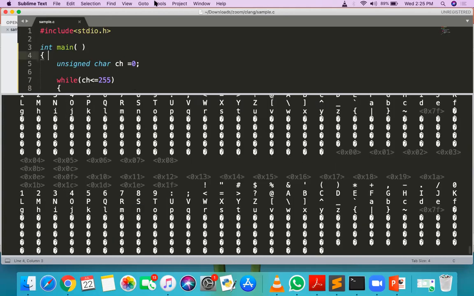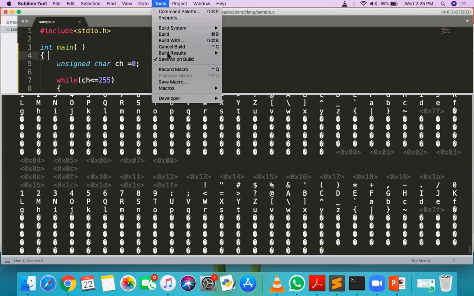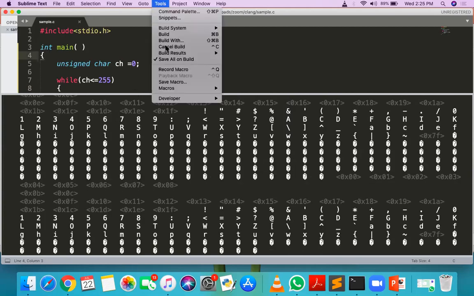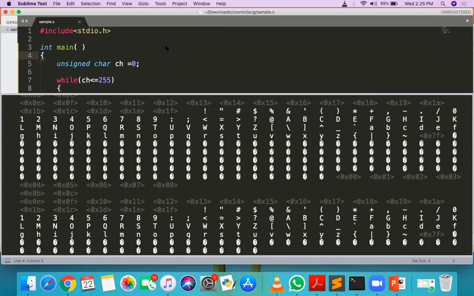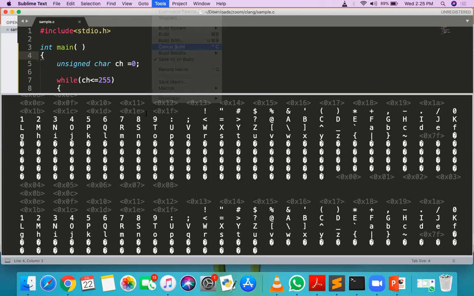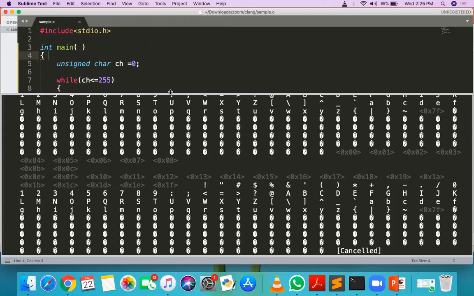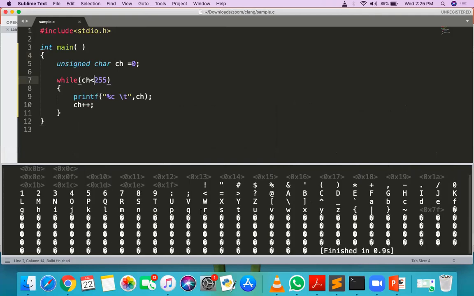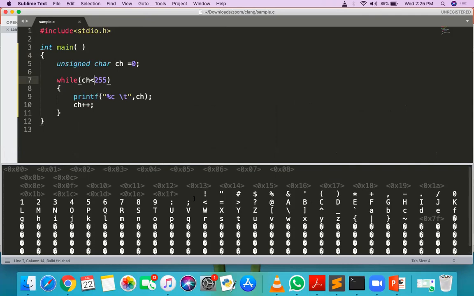Means like instead of next line, we'll get space. Tab is present on your keyboard. Tab means 4 spaces. If you want to give the 4 spaces after printing, we'll get that. Okay, so this is our answer.